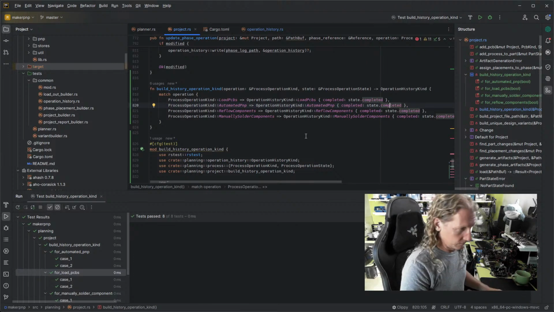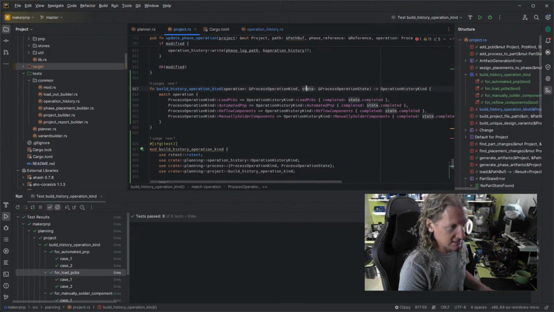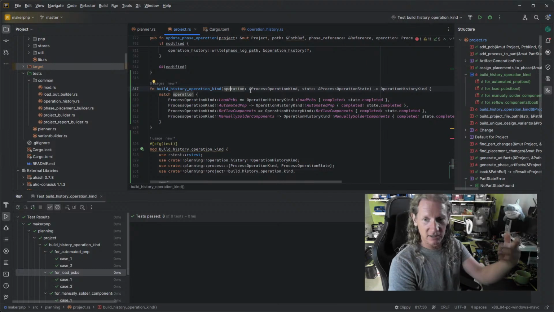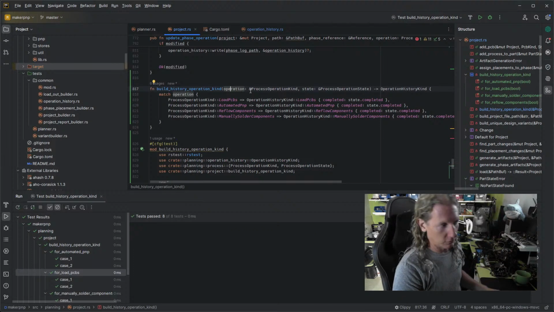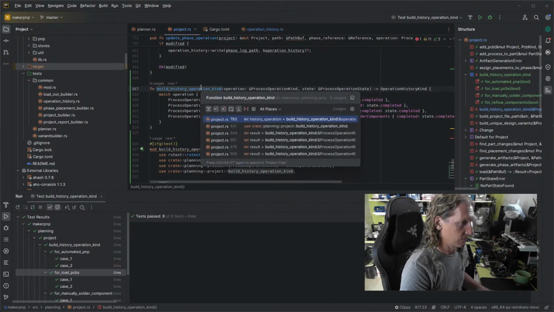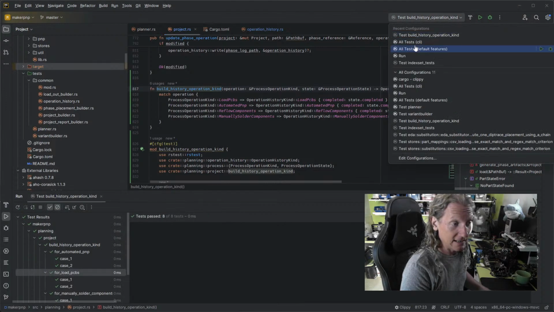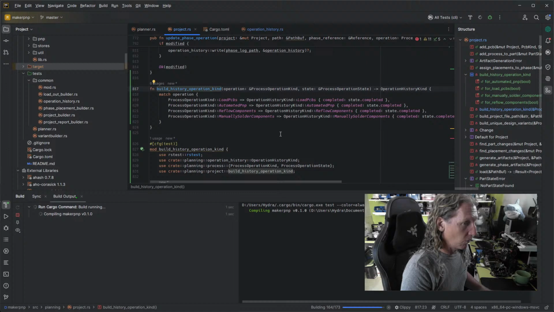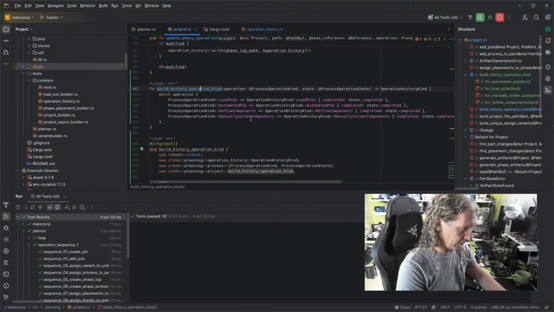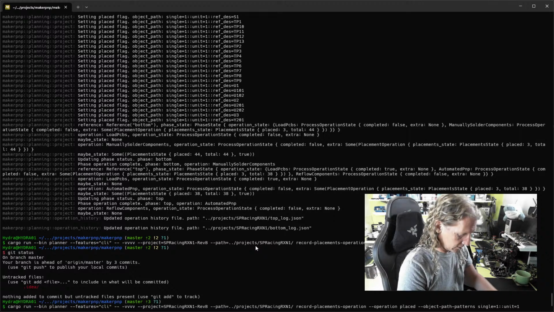So now we can be sure, because we've tested, we've passed a state to this method and we've passed an operation to it. We know that if we pass any other state with the completed true or false on it and any other process operation kind, that it will do the right thing, which is good. So we can be fairly certain that when I build everything and then wait for it to build, and then try doing that thing,